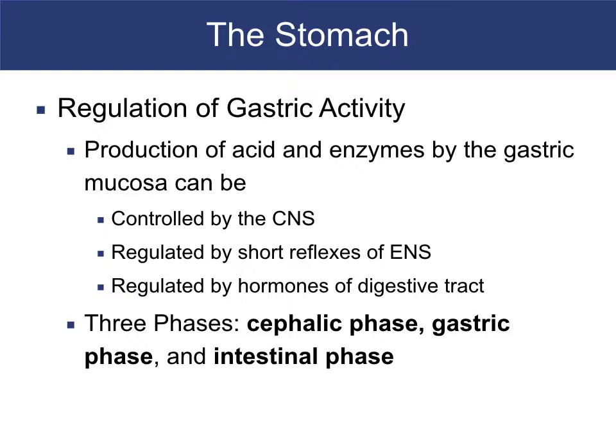What is it that controls the secretion of gastric acid? Well, it's several things, and this is kind of important to understand, that there are several phases of gastric activity and acidity. The first phase is called the cephalic phase. And I can tell you, and I bet this is true of all of you, if you've got a really good restaurant that you really like,